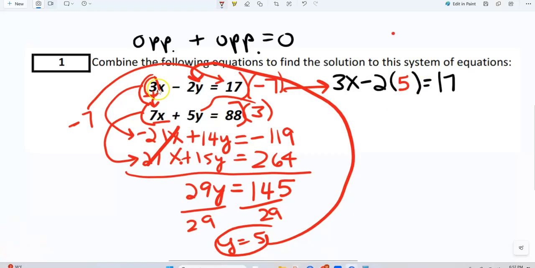Okay, so I took one of the original equations, not the bigger one. I can use these still. And then I took the 5 down here and put it in for the 5 there. And what do we get? We get